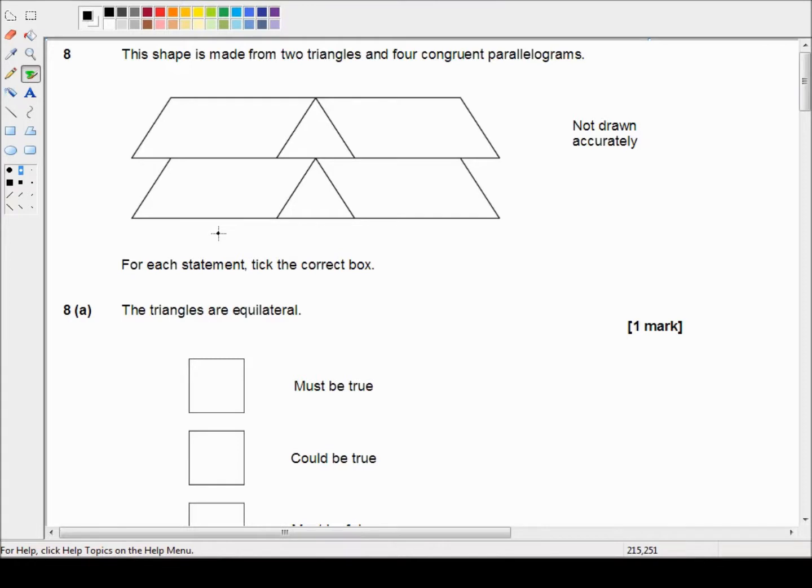In this video we're looking at the June 2017 past paper. This is the third paper in the highest tier. It is a calculator paper, so we are allowed to use calculators, and we pick it up in question 8,